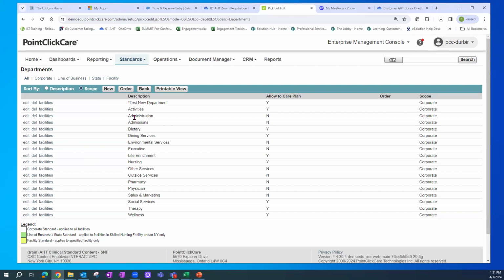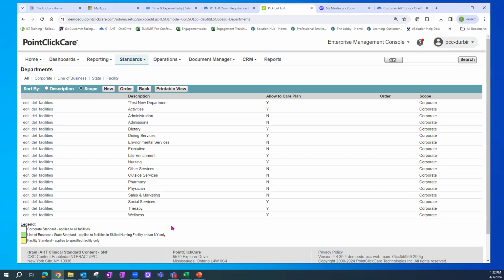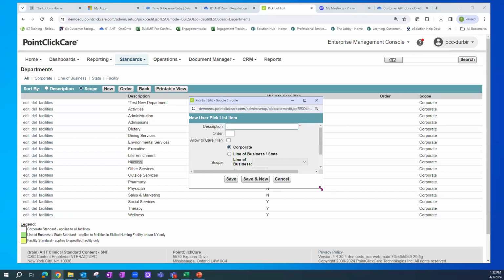And these all come defaulted with the majority of the departments that most clients have. But again, every client may phrase things slightly different. So you can see in my database, I have nursing and I have wellness. Well, a lot of assisted livings call them a wellness department, where SNF calls them nursing. So there's usually for multi-community databases, both of them out there. But if I'm building or needing to build a department for just one that is not listed in Point Click Care because it's not in our master database, I can easily click this new button,